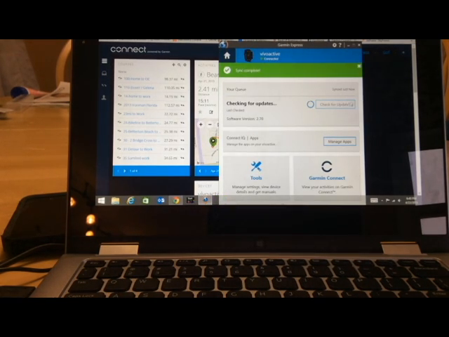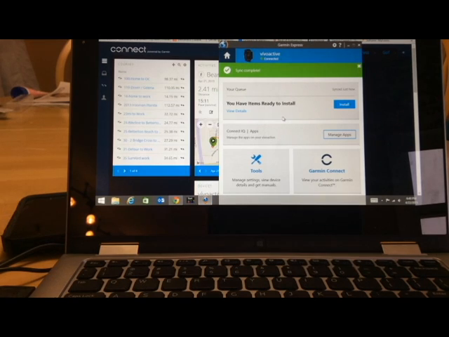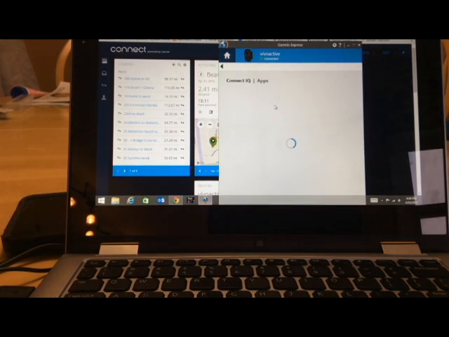Once you plug it in, it'll sync it, check for any updates, make sure you're running the latest. It says I have an update to install, but I'm not going to click on that right now. But this is a good way to manage your apps through the Garmin Express. So if I click on Manage Apps,